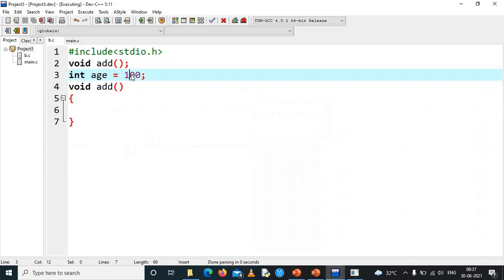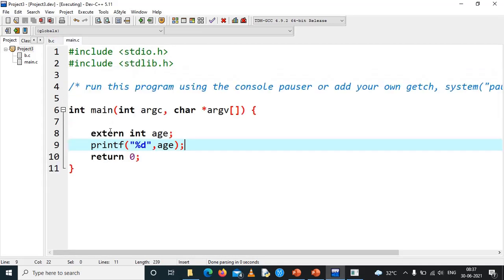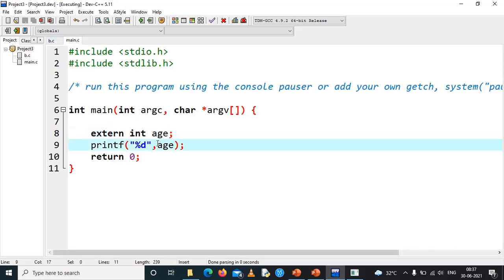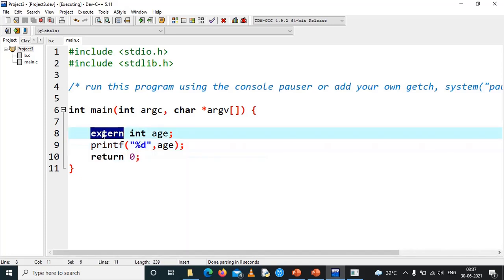This 100 actually comes from here, because the keyword extern before the int data type denotes to the compiler that there is an external file named b.c, and that file has a global variable named age. So go to that file, access that value age and print it here. This is what we mean to the compiler by the word extern.